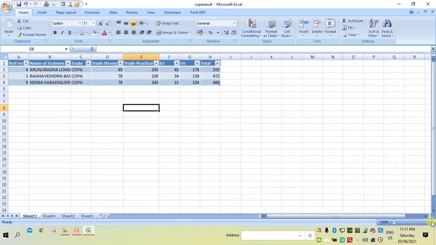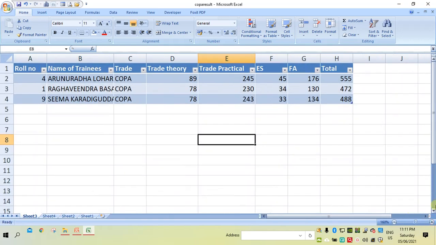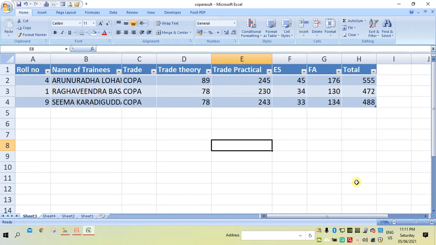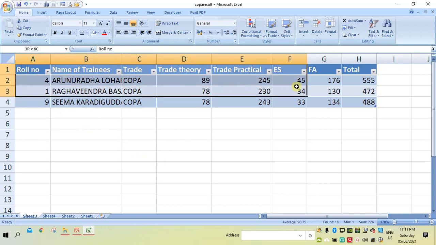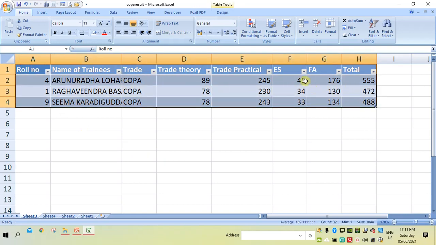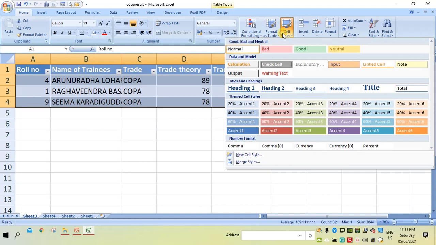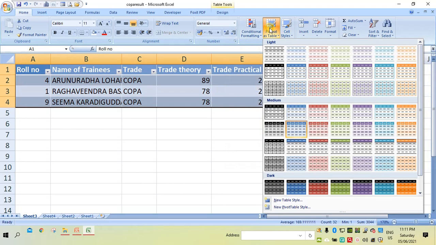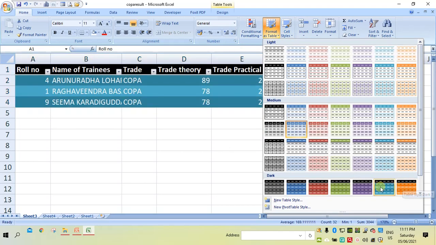The table information we are getting is because of a pivoted table. So a pivoted table is a much stronger table than the ordinary table. If you want to change the color of this, you can change. Select this, then go to style, format table, and choose whichever format color you want.